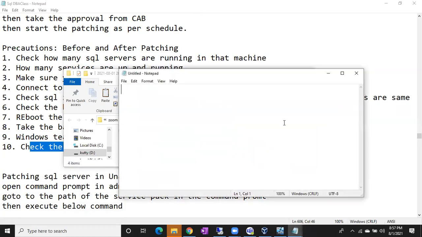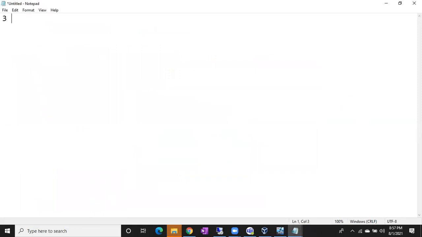While patching in the Windows machine, we have 3 instances of 2017. Imagine we have 3 instances of 2017, right? One instance is patched with CU10, the second instance is patched with CU12, and the third instance is already patched with CU24. Imagine this is the scenario. Now while patching the SQL server,